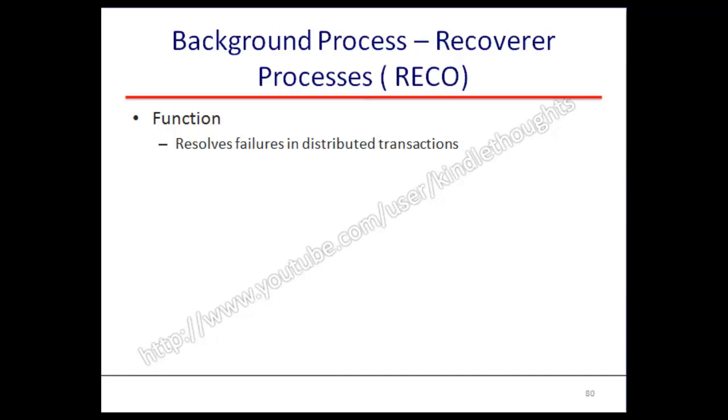So in case there is an activity happening on database A, and database B is a distributed database, the transaction which is modifying data in database B, if it fails for any reason, then it is the responsibility of the recovery process to go to database B, make sure that the associated temporary and the rollback segments are released, and resolve this transaction.